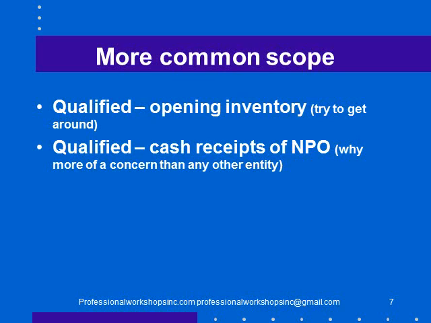We worry about cash receipts in a not-for-profit. Why don't we worry about that in other organizations that have tremendous amount of cash receipts? MGM Hotels International, lots and lots of cash, gambling, casino floor, slot machines, all that kind of stuff. They get a clean audit opinion. Why can't a not-for-profit organization that has cash receipts get a clean audit opinion?